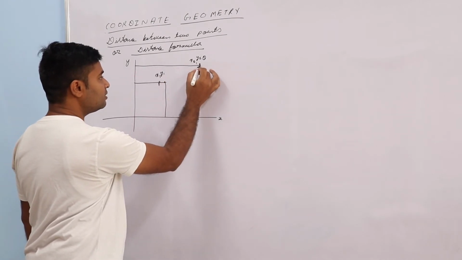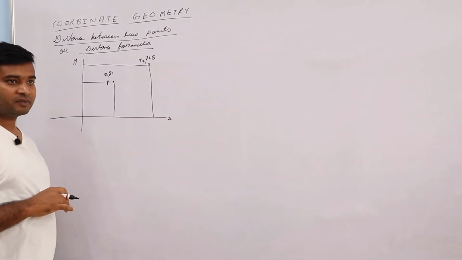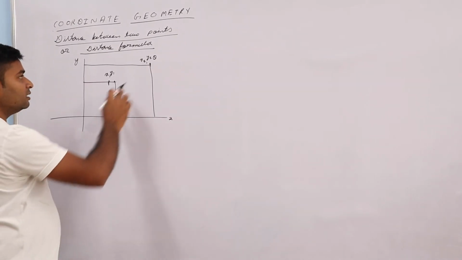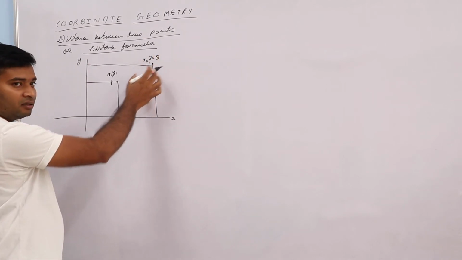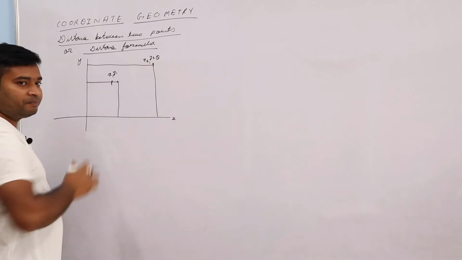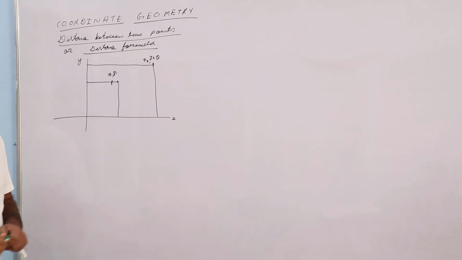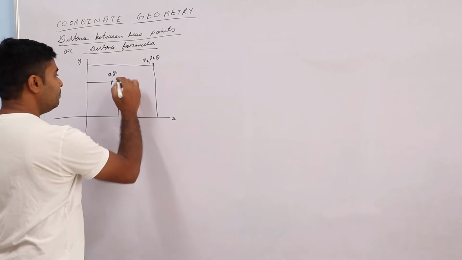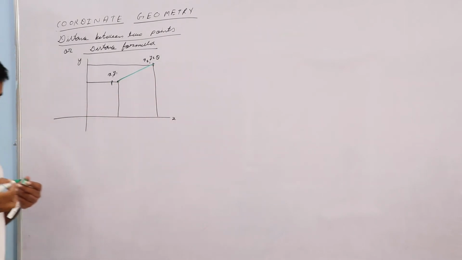Join here and join here. Getting it or not? So, like this coordinate, we have joined on the x axis and y axis, and we should find the distance between P to Q. Distance between P to Q. Now we should find the distance between P to Q.